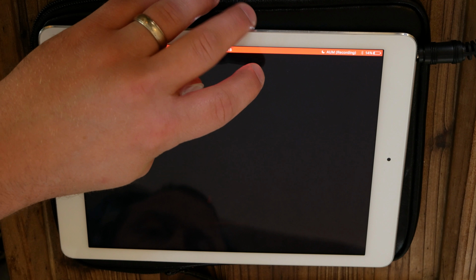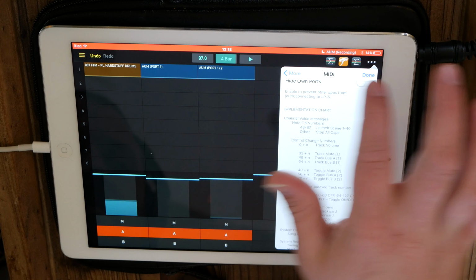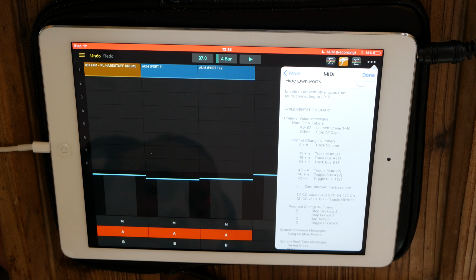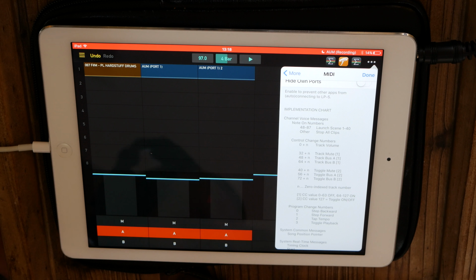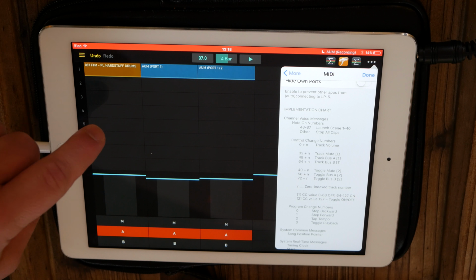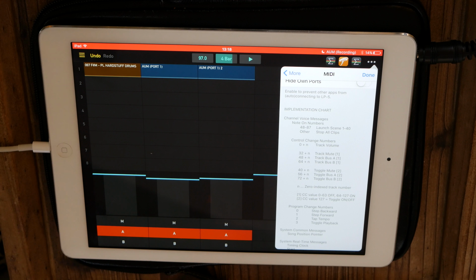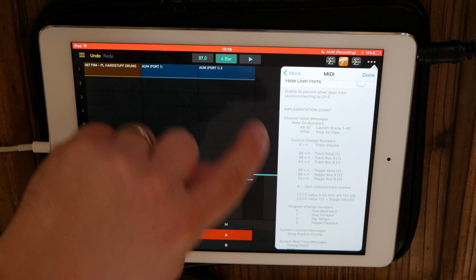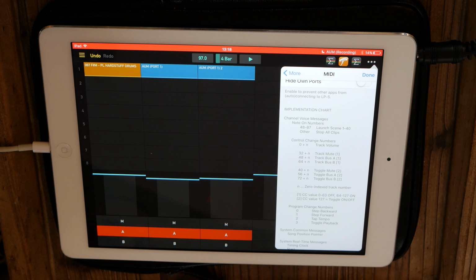Let me stop this. Notes 48 through 87 will launch scenes 1 through 40. And then all other notes will stop the clips, which is fine. But it doesn't seem that there's a way to directly remix with different pad options. And so if you're looking at this as an alternative to the LaunchPad app,